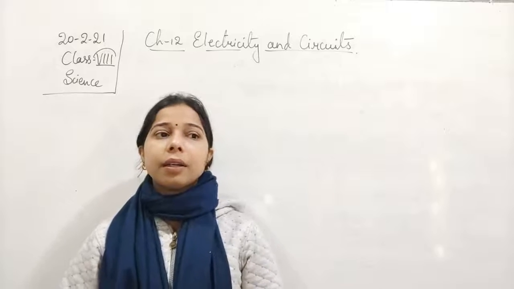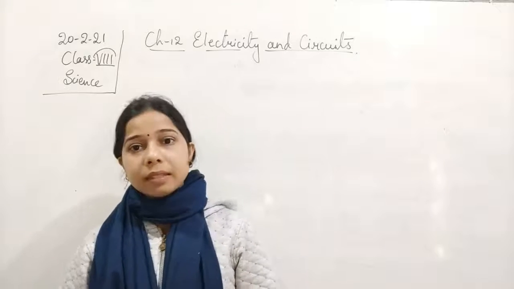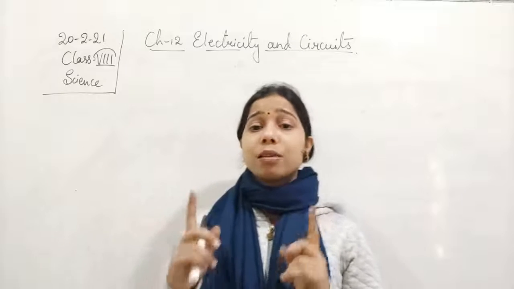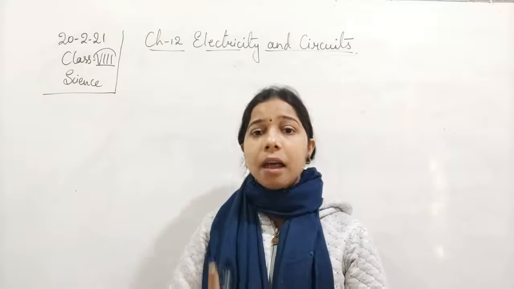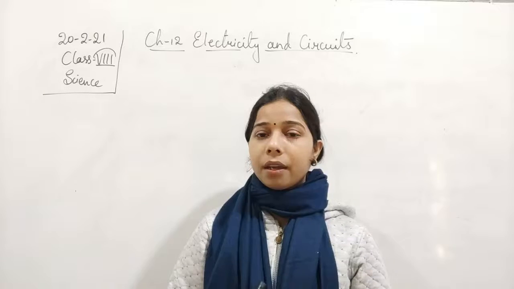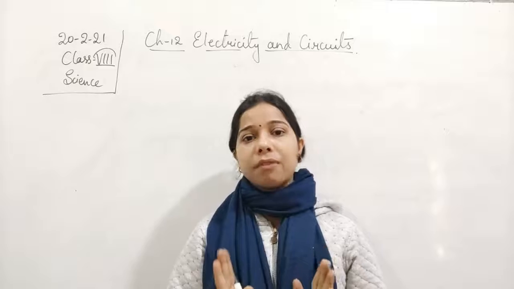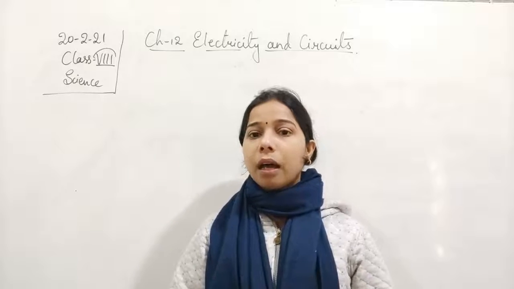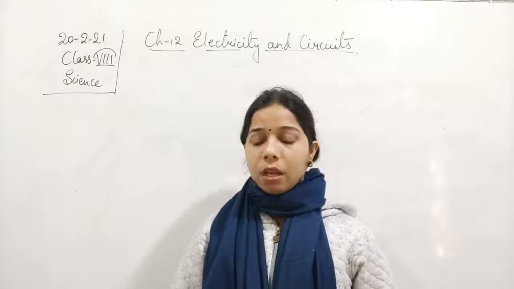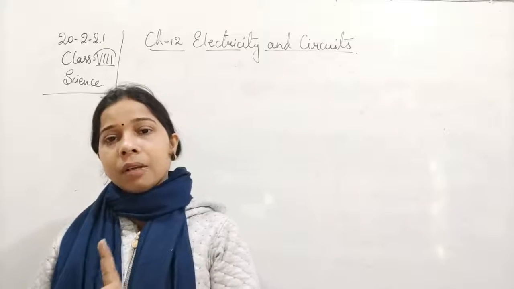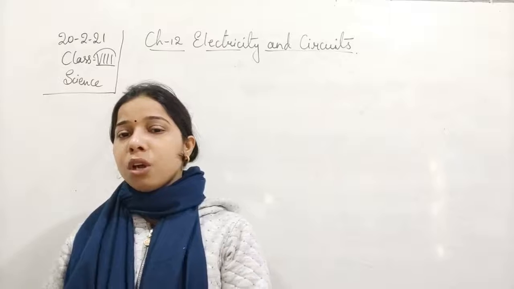We have seen what things are present in the torch bulb, which includes a glass bulb, two thick wires, and a very thin wire made of tungsten that joins the two thick wires together. That is called the filament. So this is basically what is present in the torch bulb.